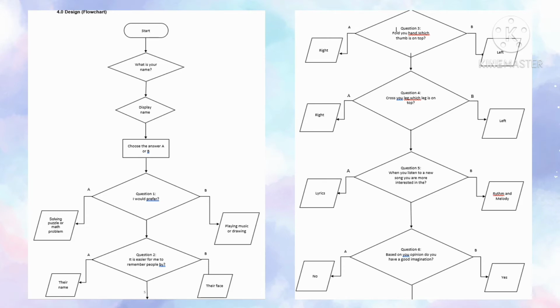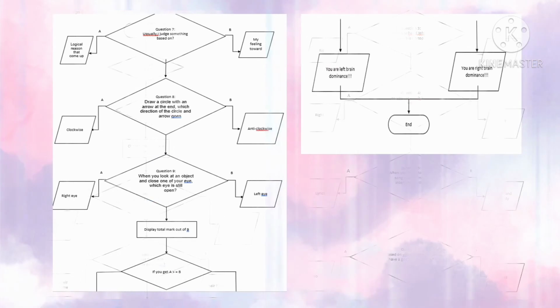Question 6, based on your opinion, do you have a good imagination? A, no, B, yes. Question 7, usually I judge something based on A, logical reasons that come up, B, my feelings. Question 8, draw a spiral with an arrow at the end, which direction does the arrow go,